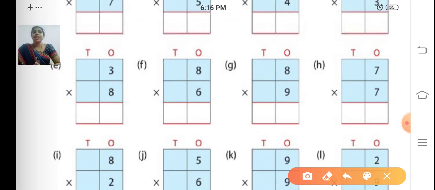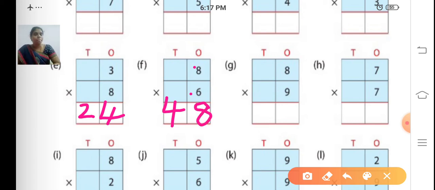Now we are going to multiply 3 into 8 or 8 into 3, whichever is easy. You can do that. 3 8s are 24. Write down E sum. 3 8s are 24. Where you have to write the answer? You are going to write the answer below that, right? Below the second number. 3 8s are 24. Now 8 into 6. 8 6s are, think and tell me, 8 6s are or 6 8s are? 8 6s are 48. Write down 8 6s are 48.